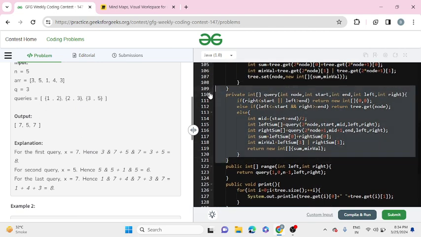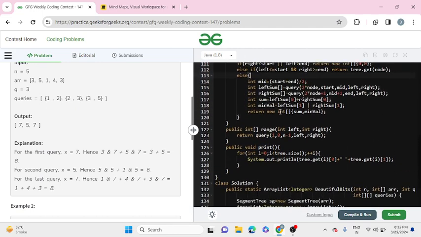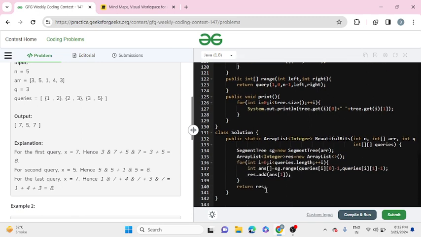This is the query function that we need to iterate to find out the minimum value and the sum. After getting the result, we will store an answer of 1 in our result array,